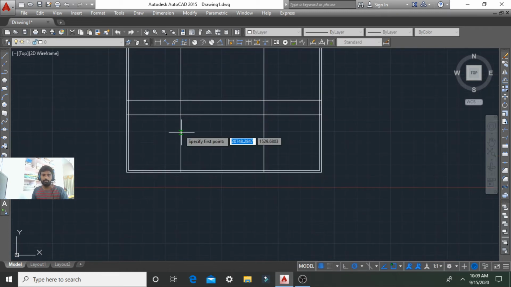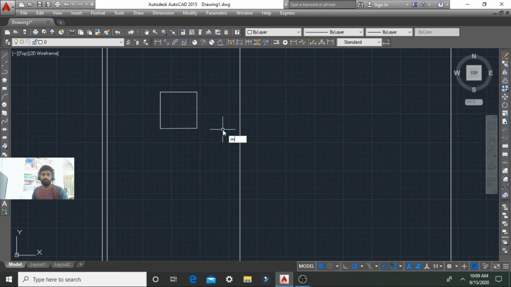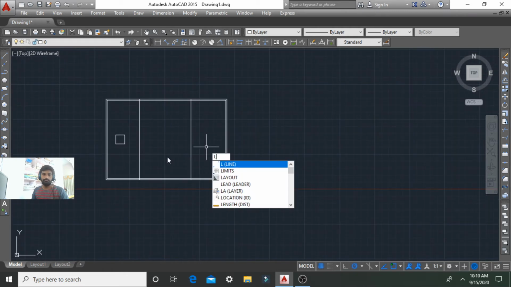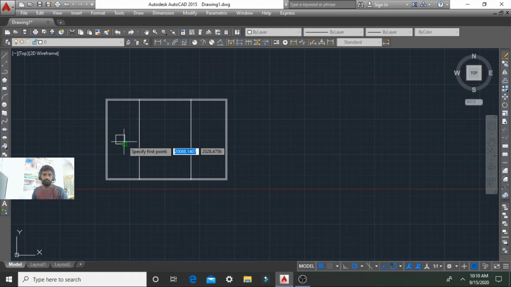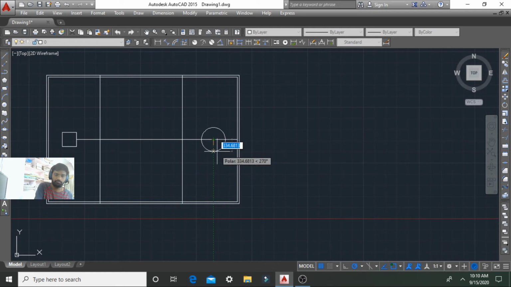So here this is the 400 mm rectangular footing. You can place it near to this. And here we go, 450 mm, you can mention 400 only.